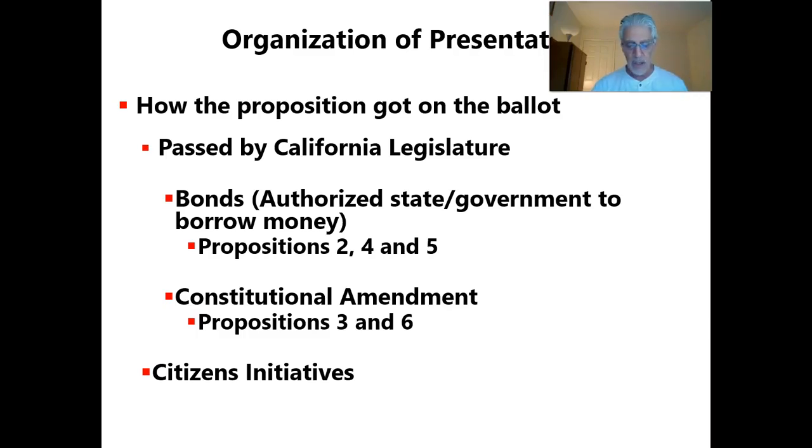In this election, Propositions 32 through 36 are all through the initiative process. Very briefly, and we'll go into this in more detail later, Proposition 32, if passed, would raise the minimum wage in California. Proposition 33 gives more authority to local governments to enact rent control laws. Proposition 34 deals with how Medi-Cal is funded.